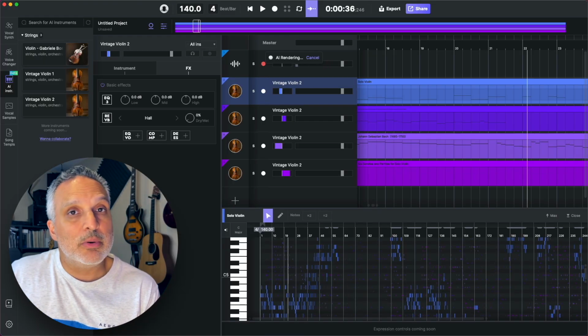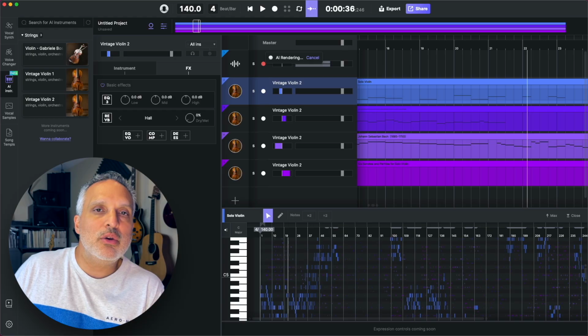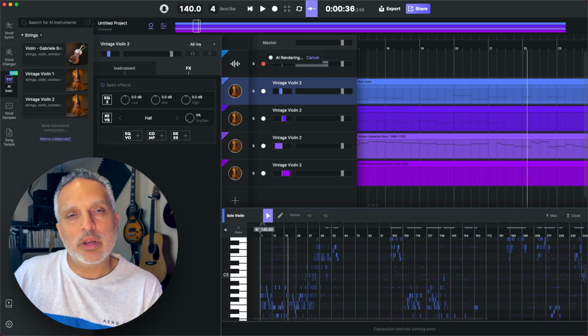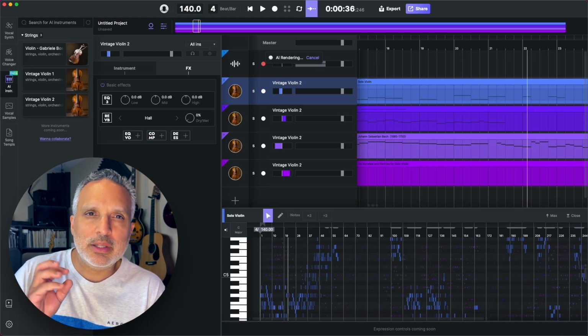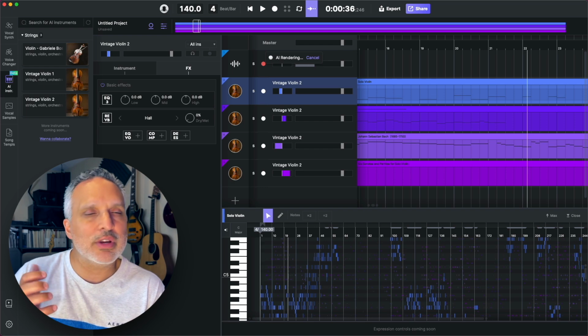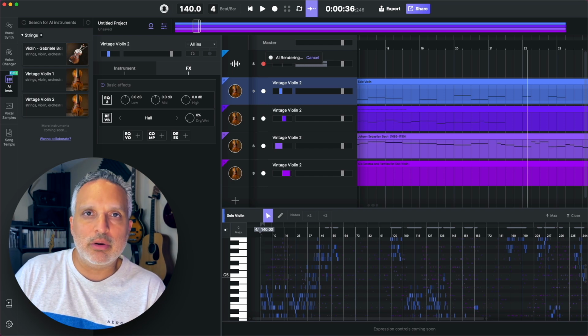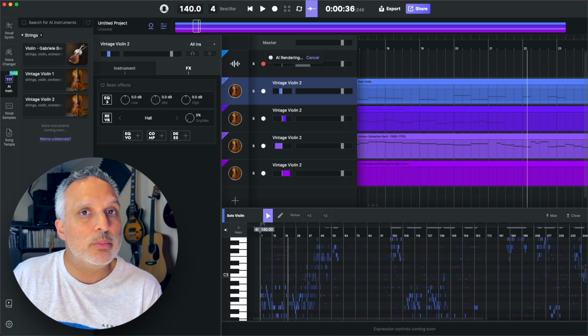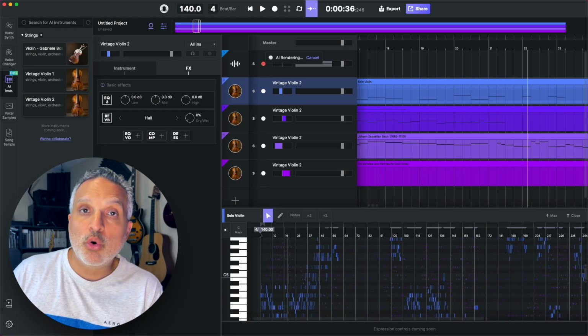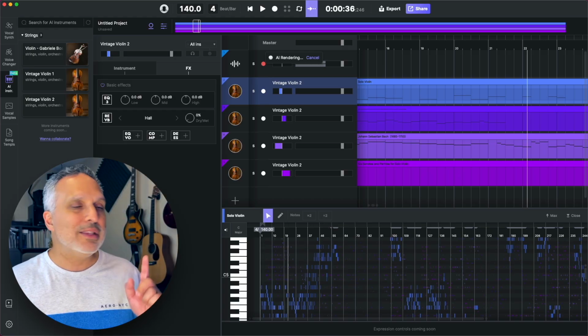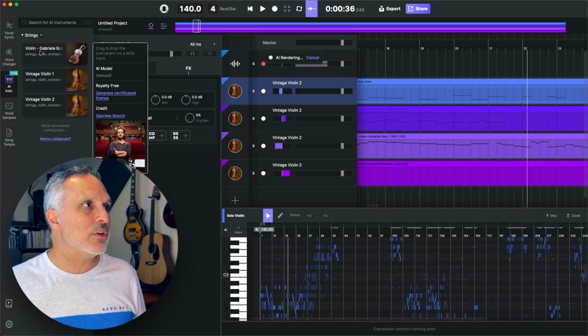I would say that experiment is quite interesting. I did notice that with both the Vintage Violin 1 and 2, the sound is a little more grainy. They both have slightly different characters to them. I think Gabriela's violin is superior in almost every way, but that's not to say that Vintage Violin 1 and 2 wouldn't be useful in other contexts, or perhaps for layering. And layering is exactly the last thing I want to try in this video.